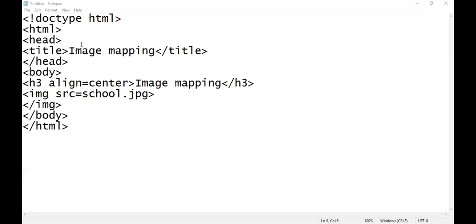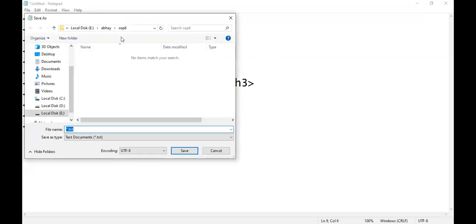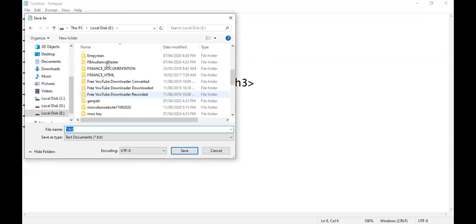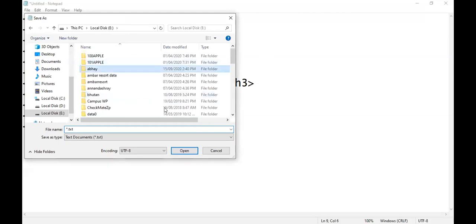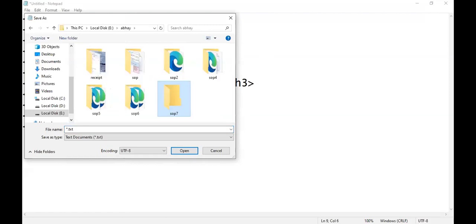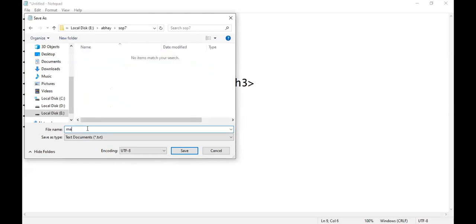So I will save this file, save as, in SOP7, in the abhi folder. I'm going to save this file in SOP7 with the name given, image map.html.